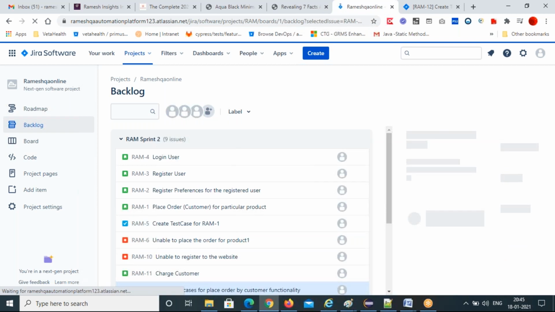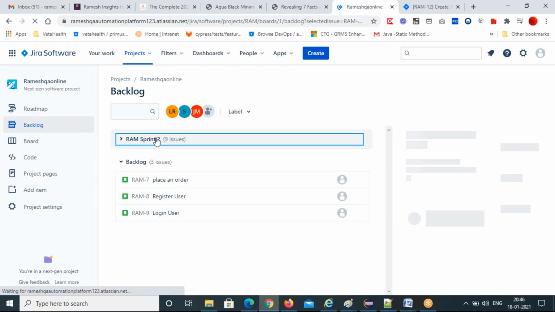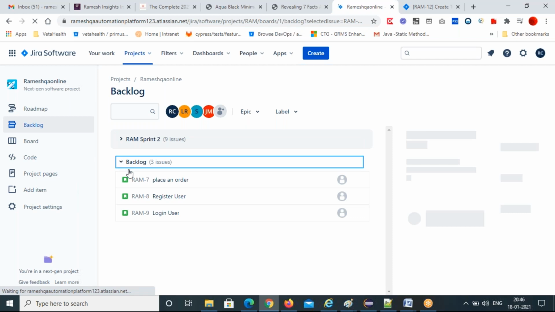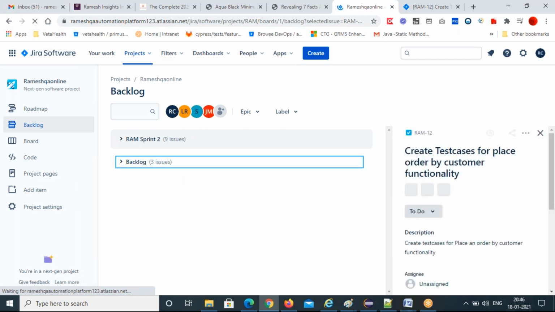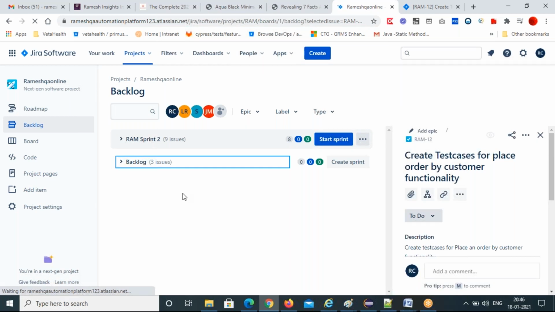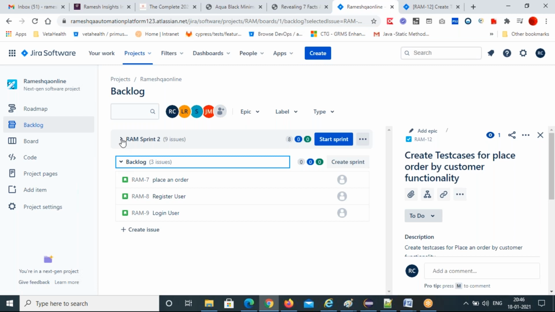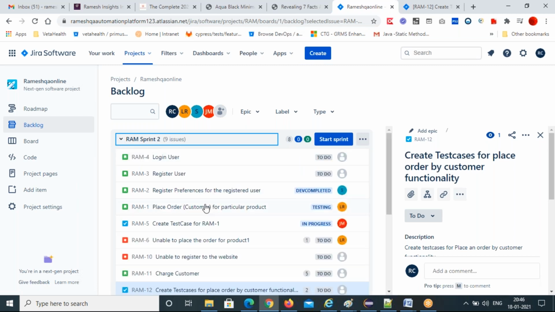This is the active sprint, and this is the backlog. Backlog means the previous sprint work you haven't finished is coming back here. And here the current sprint has 9 issues.